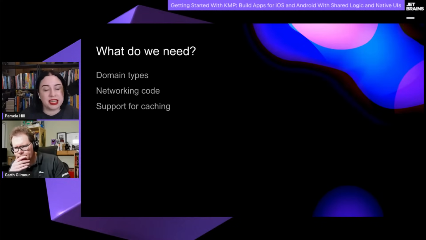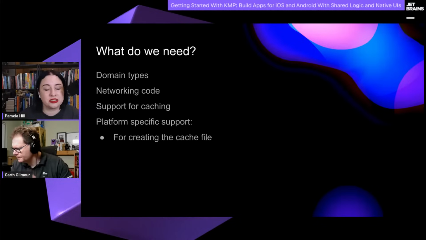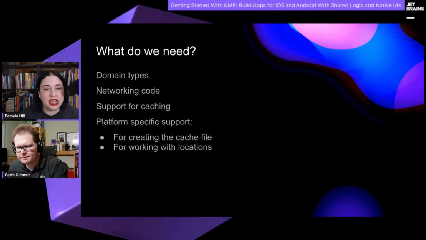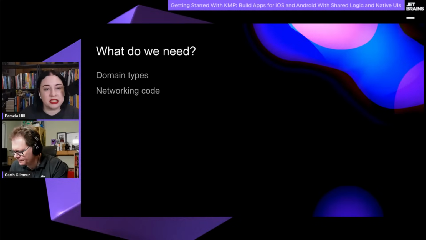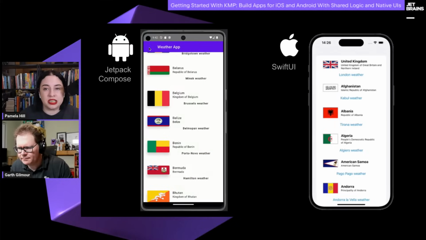We need to support caching to make things a little bit more optimized. We need to do platform-specific things like creating the cache file. We can't do that in just one specific way for all platforms. It needs to be done in a platform-specific way. And as you might have noticed over here, if I go back, at the top of each list, there is